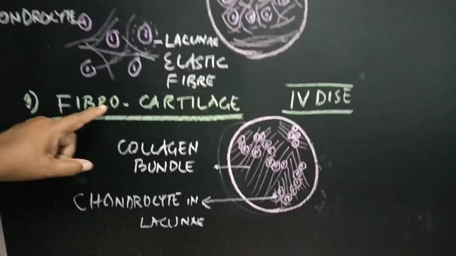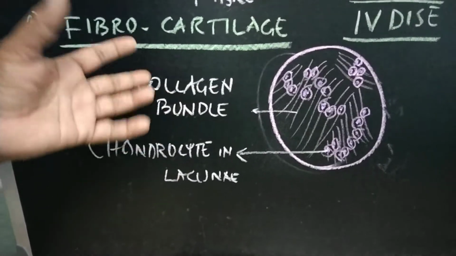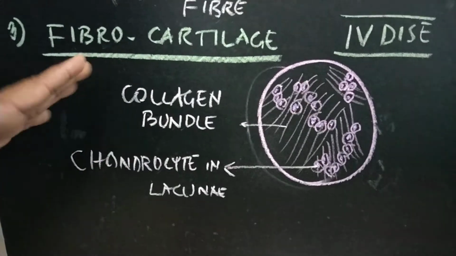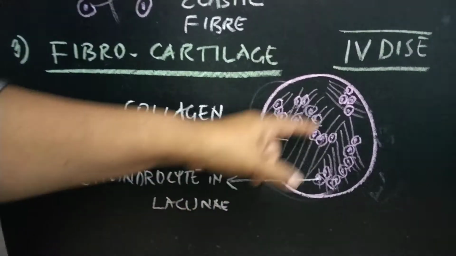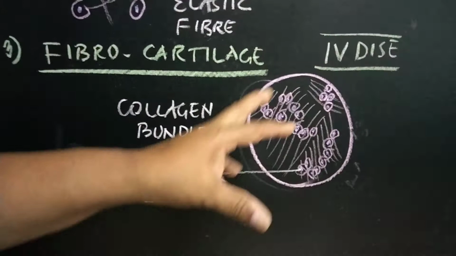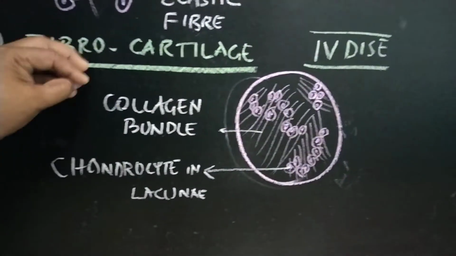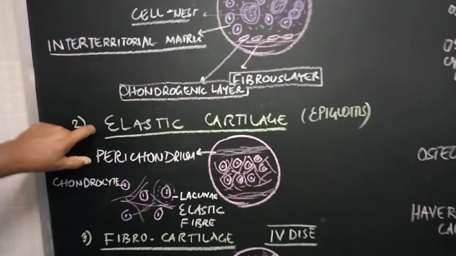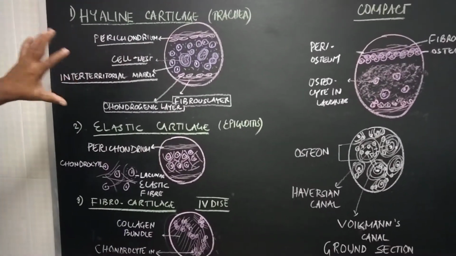Now there is another type called fibrocartilage, which is present in the intervertebral disc, or the cartilages in the menisci of the knee joint, and the temporomandibular joint. The joint spaces are separated by the fibrocartilage. The collagen bundle fibers are arranged in a serial way, parallel to each other, and the chondrocytes are on the collagen bundles within the lacunae. This is seen in the intervertebral disc, and is called fibrocartilage. So basically the cartilages are hyaline cartilage, elastic cartilage and fibrocartilage, and a type present in the embryonic phase is called cellular cartilage.